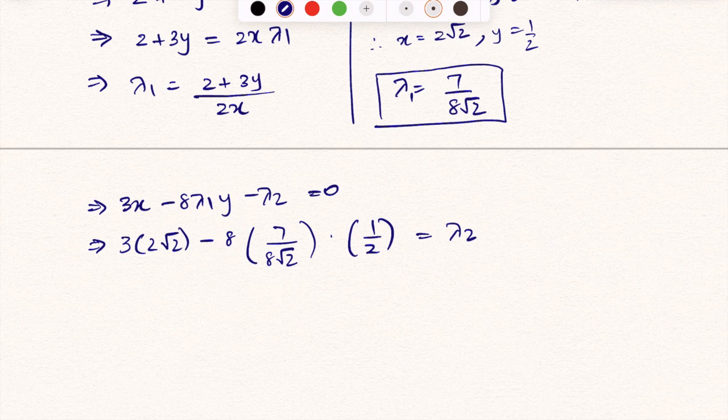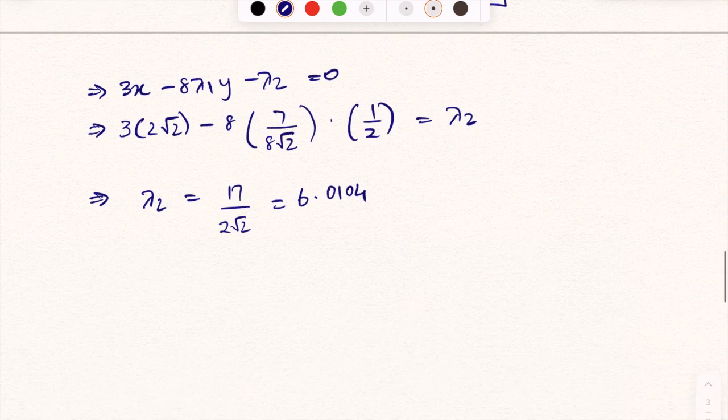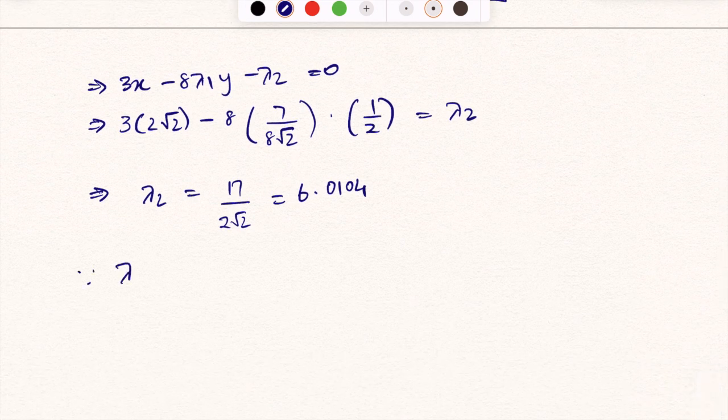And again, you'll just have to trust me. I've done some math off screen. Lambda 2 is equal to 17 divided by 2 root 2, which is 6.0104. Since lambda 2 is also fulfilled, 2 root 2 comma 1/2 is a valid candidate point. So since lambda 1 and lambda 2 are greater than or equal to 0, 2 root 2 comma 1/2